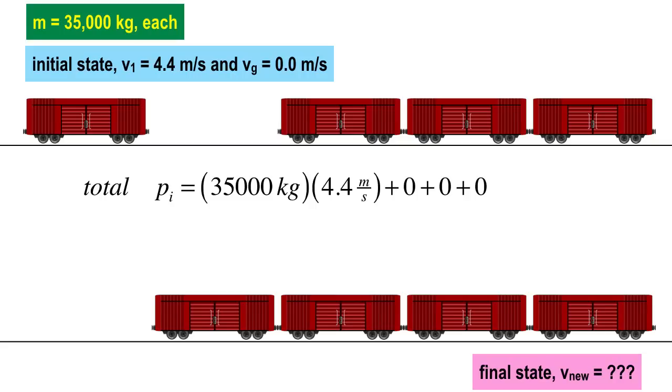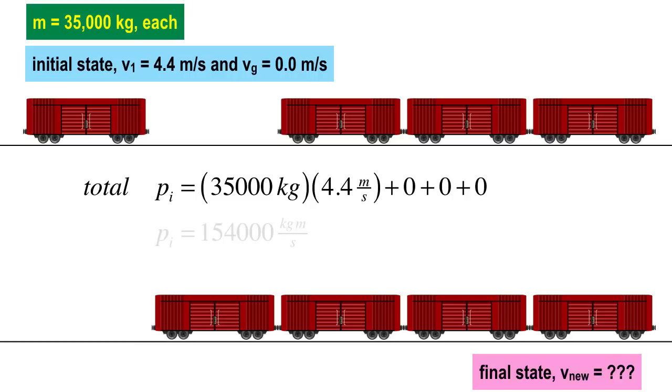So there's no momentum that goes missing. The total is boxcar number 1, so 35,000, that's M. V is 4.4 meters per second. The other 3, I put in 3 goose eggs, 3 zeros, because they're at rest. Now, they're not going to be at rest after the interaction, but initially, yes. So the total here,